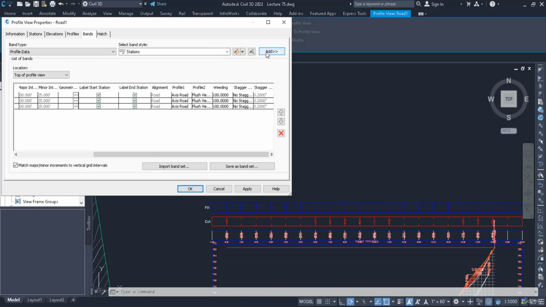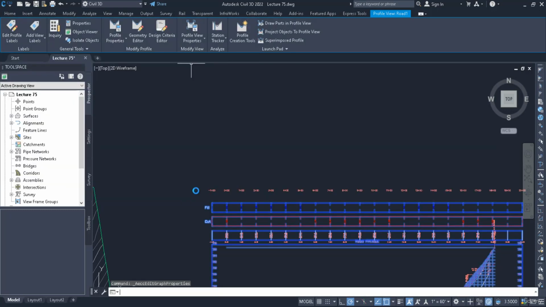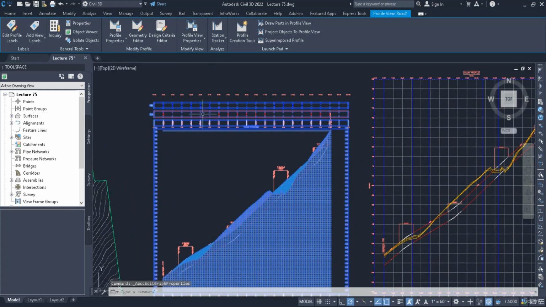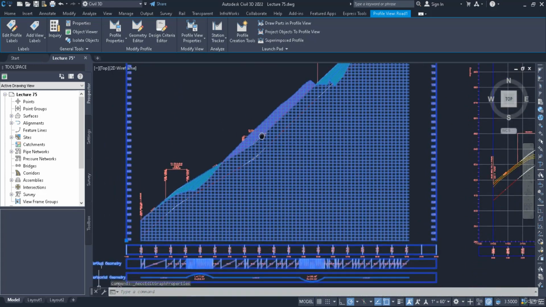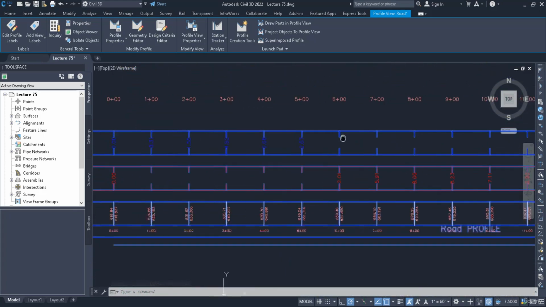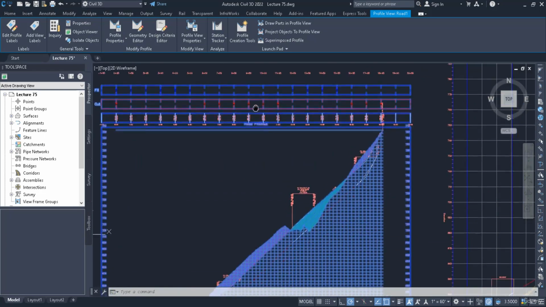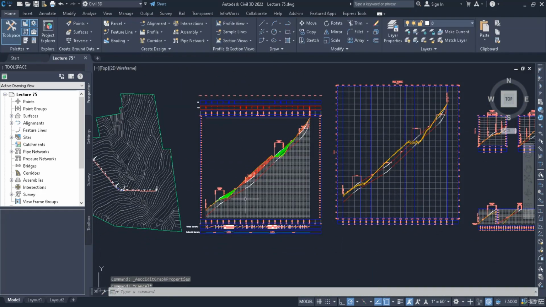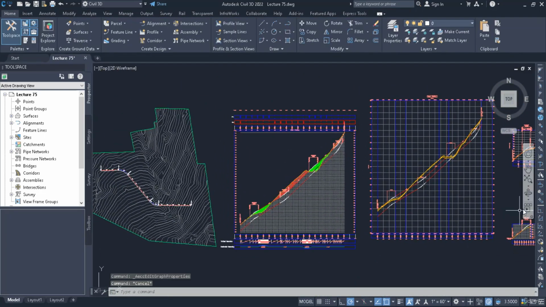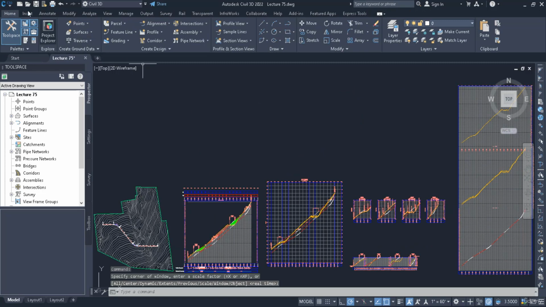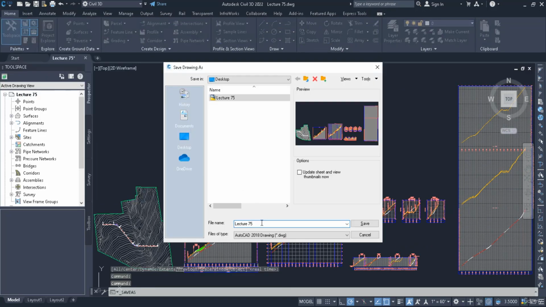If we want the stations only, we can add it. Let's go same, apply, and see the effect. This is station only. So we have 4 different types of bands at the top and similarly 3 different types at the bottom. So these bands are very useful in displaying the data that is required for a project, and it may vary